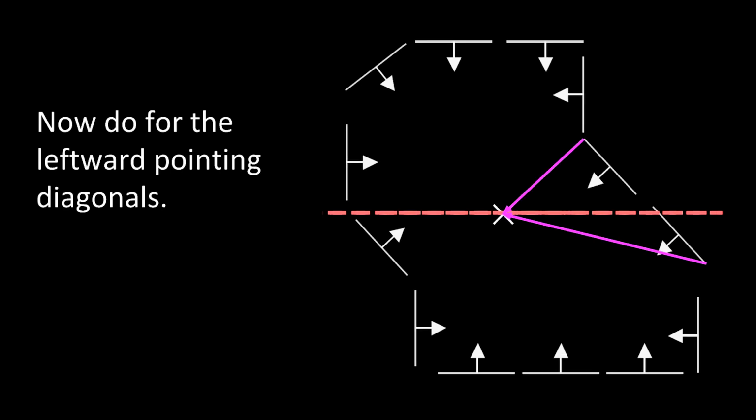Well, now what we can do is take a look at the downward pointing diagonals. And you'll notice that for the downward pointing diagonals, the center can be anywhere from straight above it all the way over to the right of it. So what this means is at runtime, each little diagonal element has to vote straight above it all the way over to the right. And that's what's represented here for the first part.